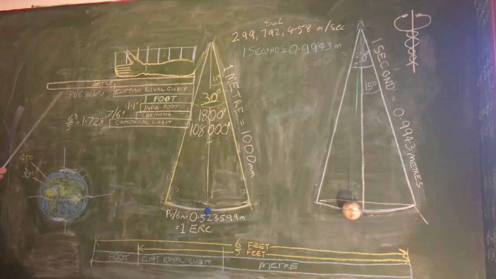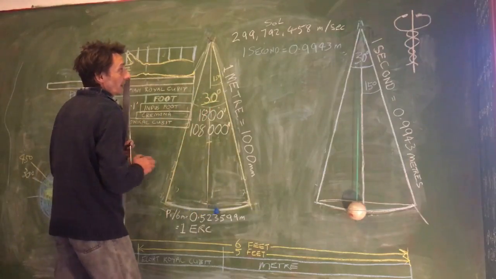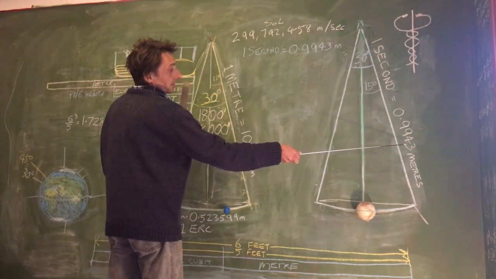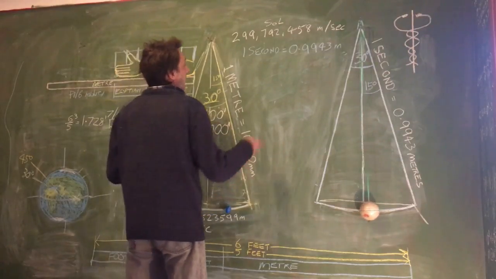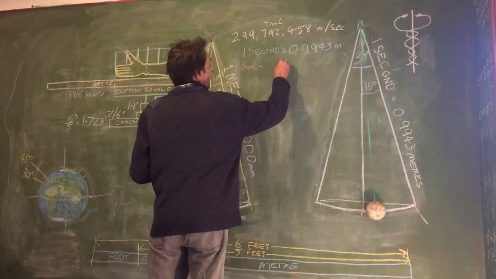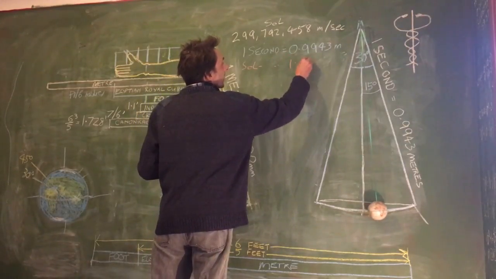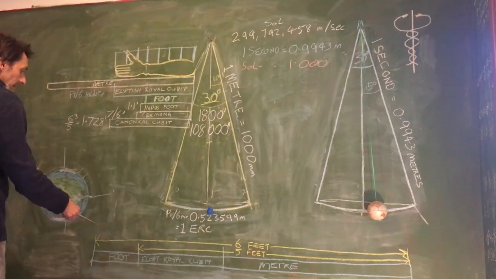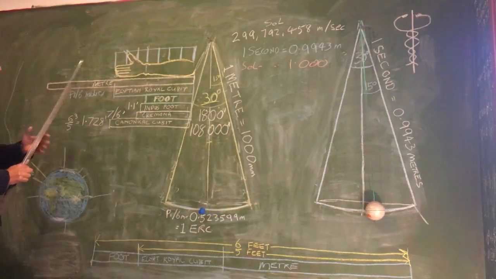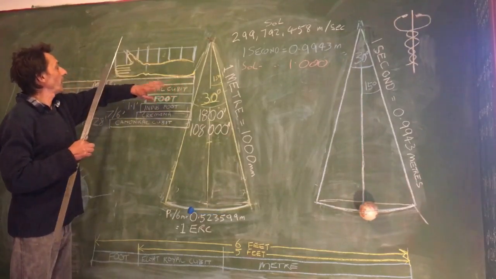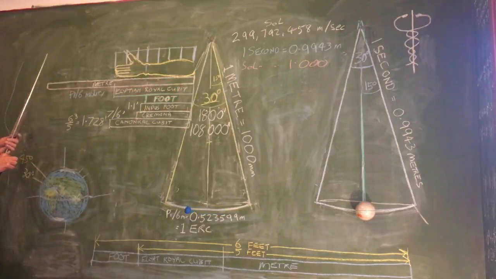So firstly, let's still consider this. So we have 1 second pendulum, 994.3 millimetres, and we have the speed of light metre, which equals 1 exactly by definition. Well, how does the foot and the Egyptian raw cubit connect? So firstly, man is a measure of all things. From the tip of your finger to your elbow was the ideal measure of what an Egyptian raw cubit was,